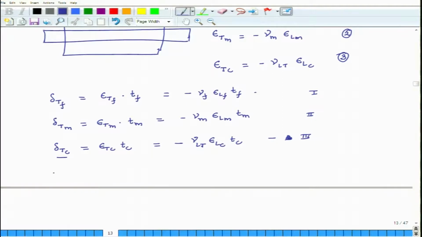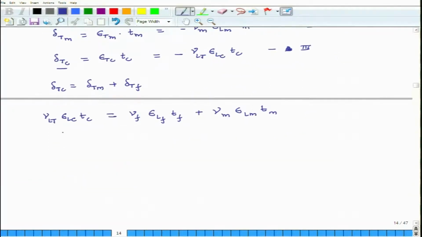So, I can say that delta T c equals delta T m plus delta T f, and what that gives me is nu L t epsilon L c T c equals nu f epsilon L f T f plus nu m epsilon L m T m, and if I divide the entire equation